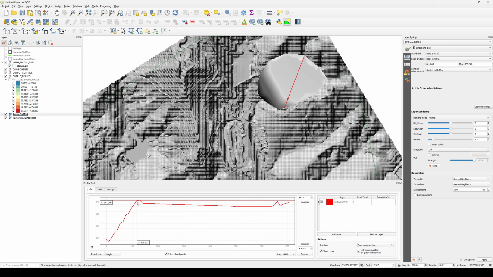Okay, so 940 meters is about the height that we want. I'm doing one more here. No, I went outside. Do it again. Okay, so give or take 941.5,